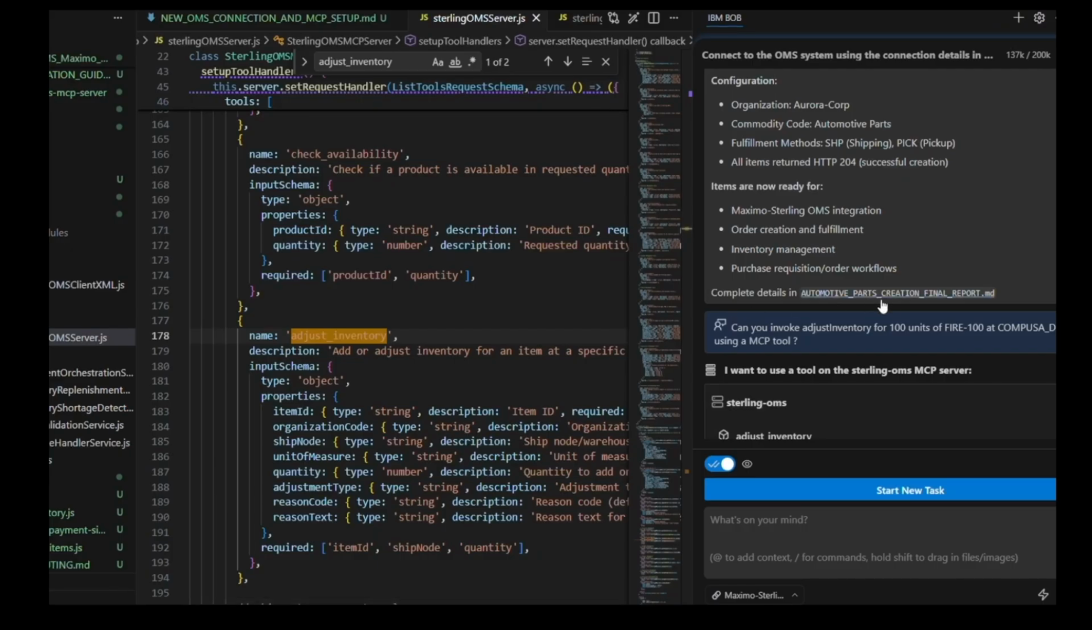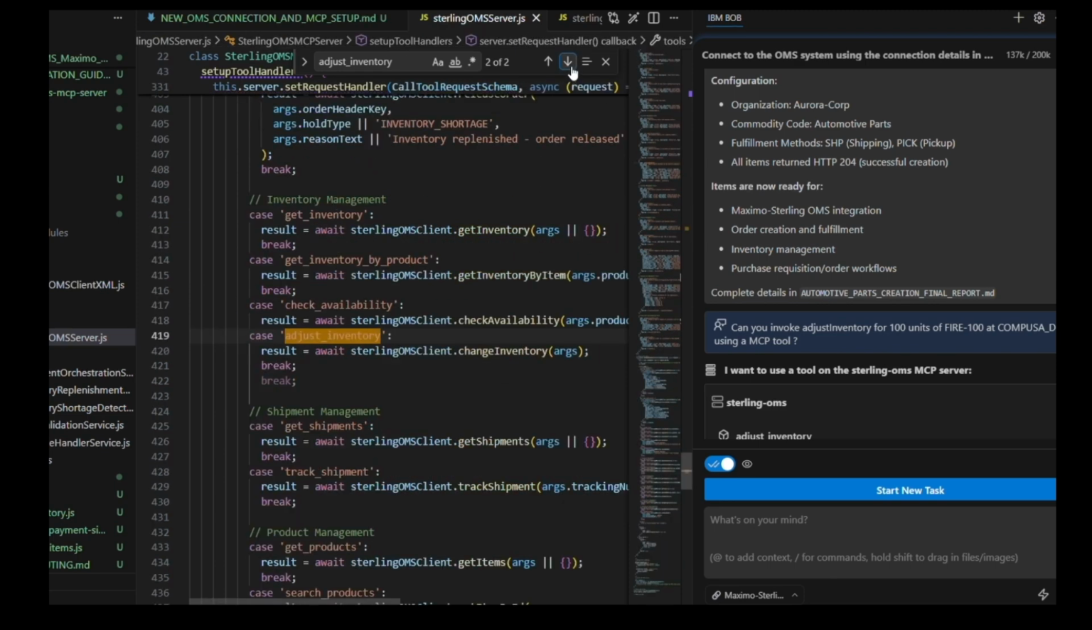The next step is inventory adjustment. Within the Markdown configuration file, we already have inventory adjustment logic generated by Bob. Bob reviews the adjust inventory configuration and executes the required inventory update operation, and we can see how Bob performed